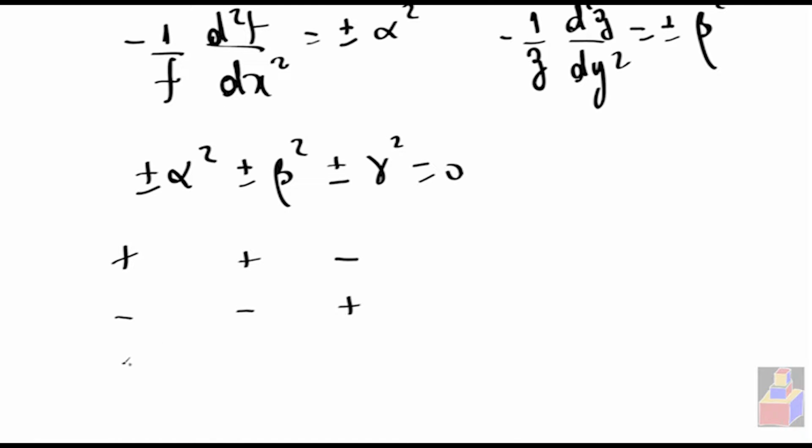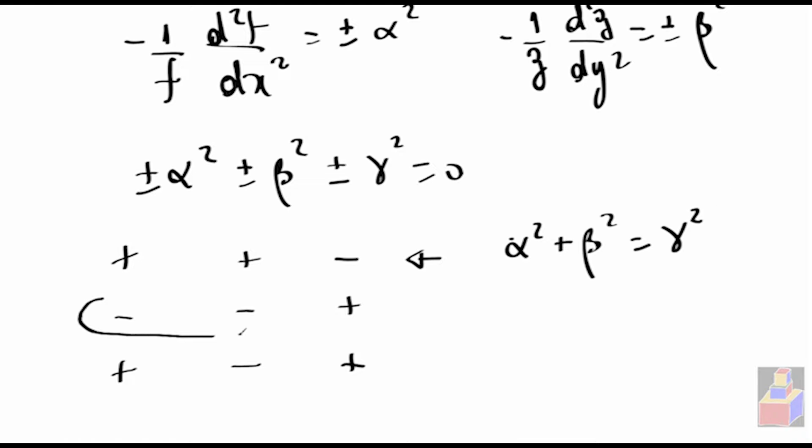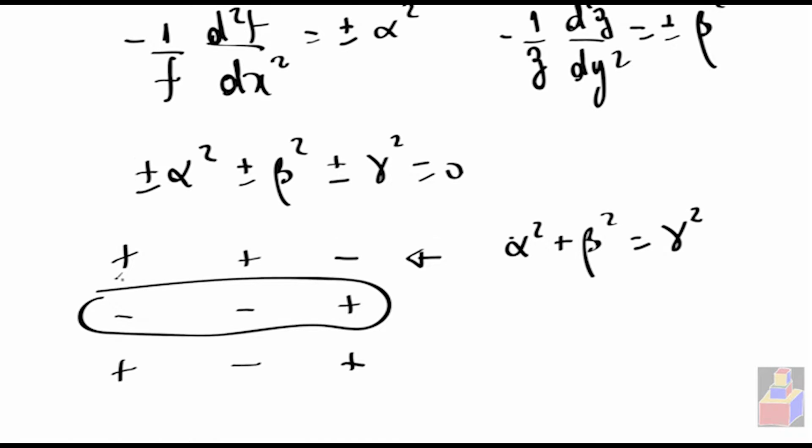I can use, for instance, plus alpha, minus beta, and plus gamma, because the same sign for all the constants is not possible. One of them has to have a different sign than the other two, because these are real numbers. For instance, for this combination here, I would have a condition, I mean, the constants have to be chosen in such a way that alpha square plus beta square equals to gamma square, okay? Let's use, for instance, this combination here for in principle, okay? This is going to generate some specific